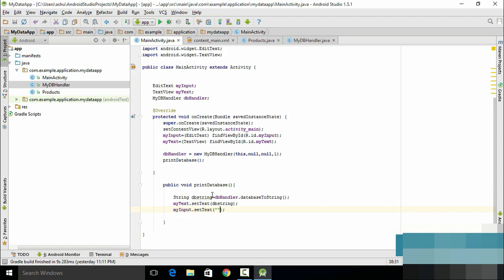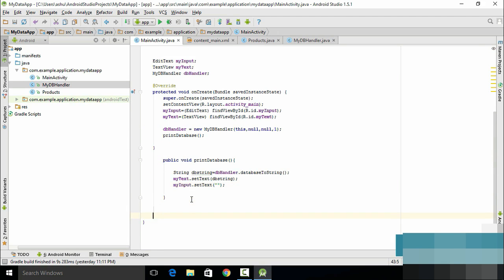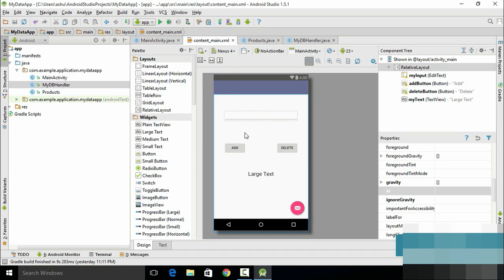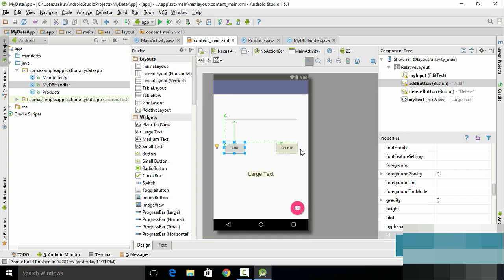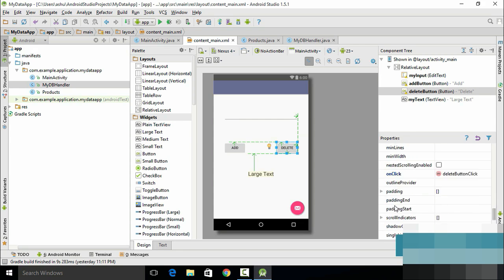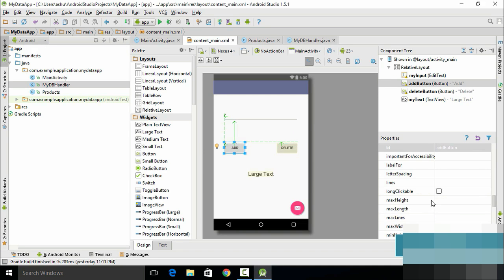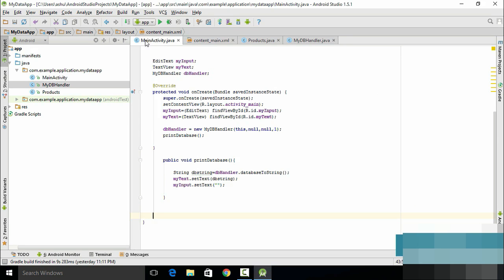Now once this is done, the next thing we need to do is create the methods which we have added to the on click of the add button as well as the delete button. If you switch to the on click of this delete button, as you can see, we have added a method called delete button click, and for the add we have a method called add button click. So we go ahead and define these two methods inside